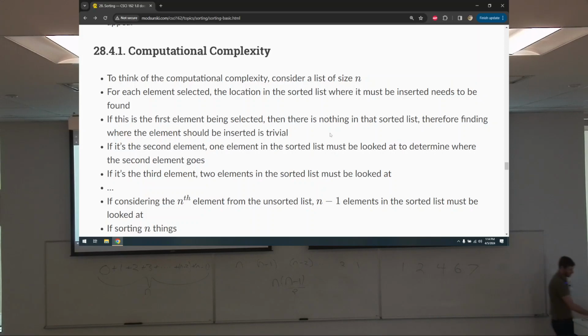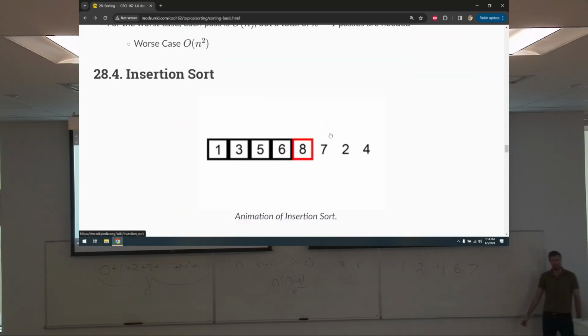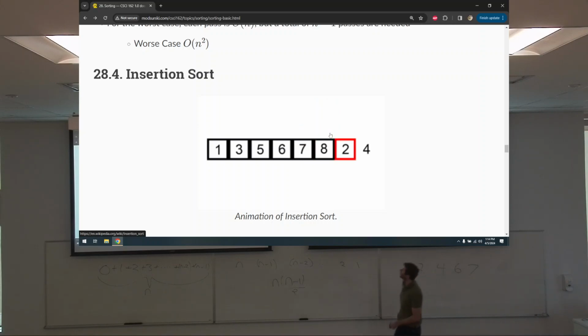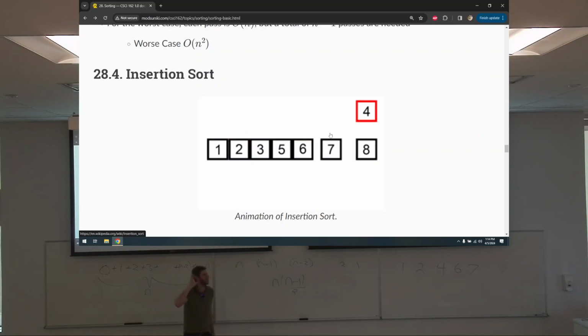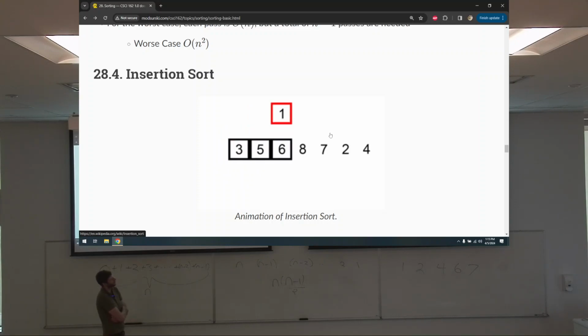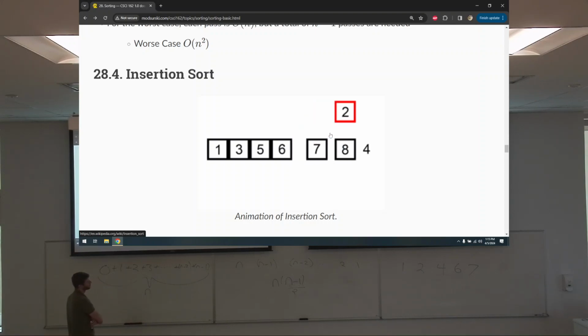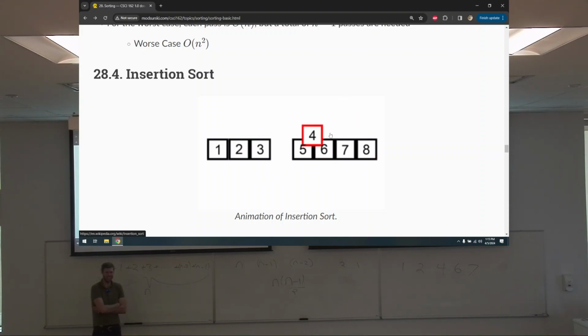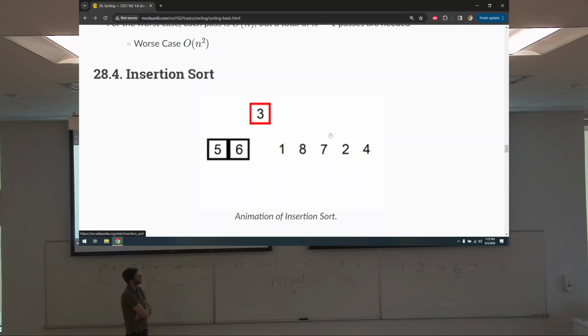Let me go back. Look at this example. I'm going to give you a minute. Look at this example and try to think, what is the configuration of the best case scenario and worst case scenario with this example here? Does anyone have any ideas? It's already sorted, then